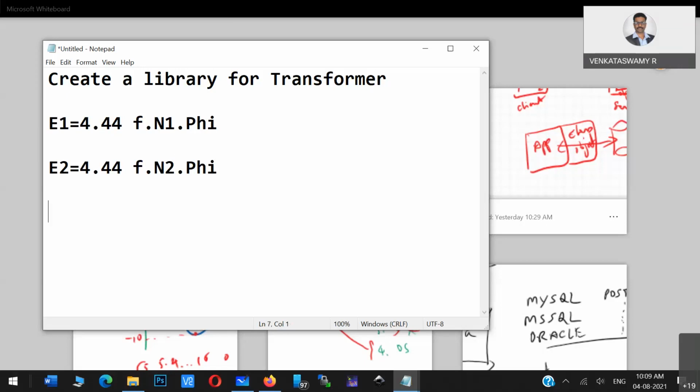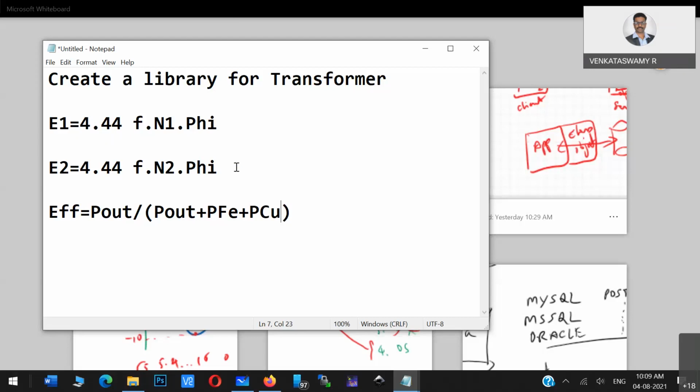The other two, put them in the library. Maybe efficiency. You know the efficiency of the transformer: it is P out divided by P out plus the iron losses plus copper losses. Copper losses are load losses, and iron losses are no load losses. So this is the equation you have to use to calculate the efficiency, correct?